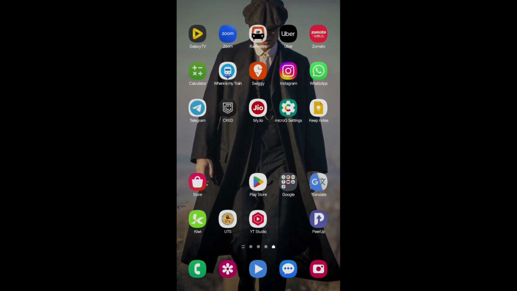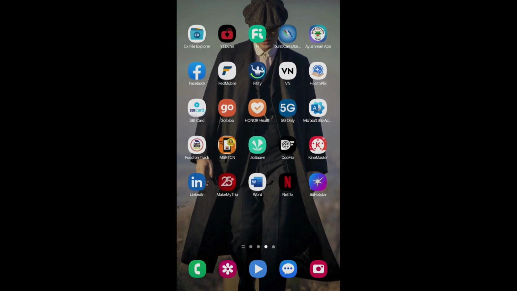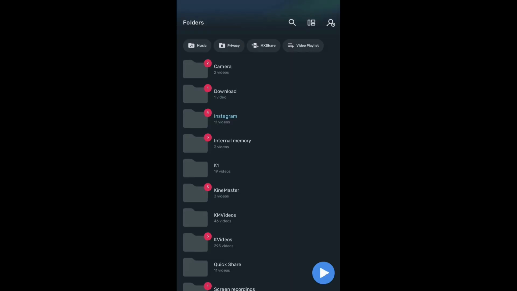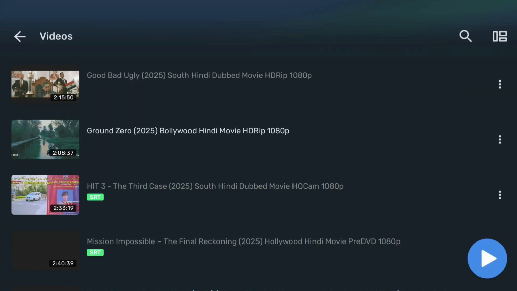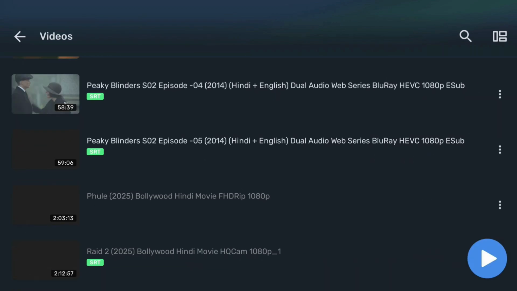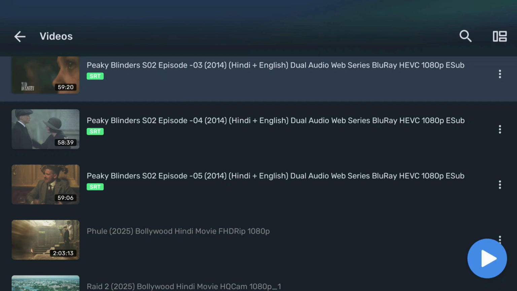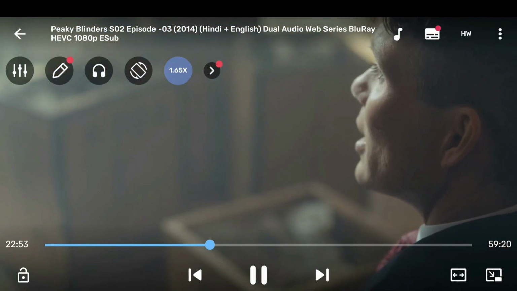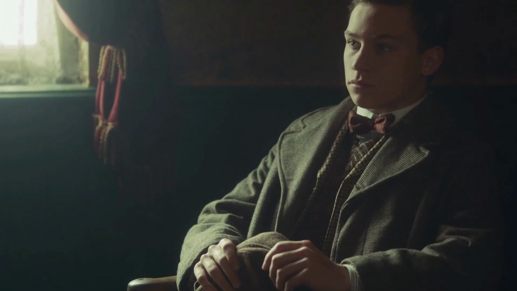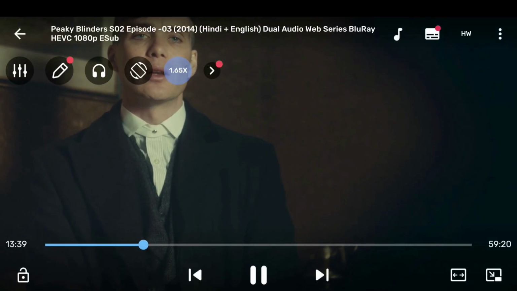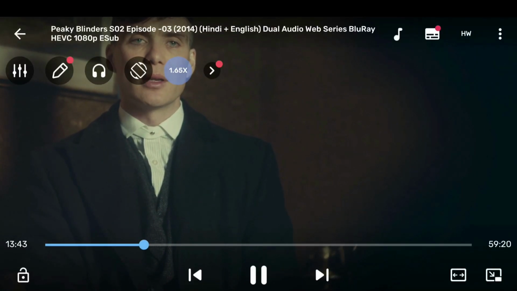So this is my mobile screen. Now I can watch any show from my mobile. Here you can see it's not lagging, it's working well. It depends on your Wi-Fi connection, how your Wi-Fi is working. And if you do not find the cast button, you can search for cast in your settings option